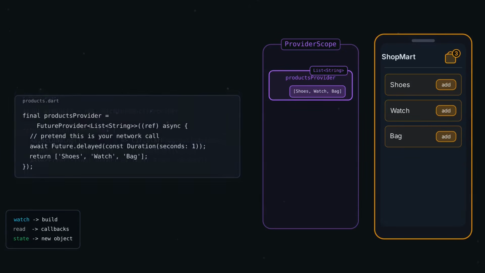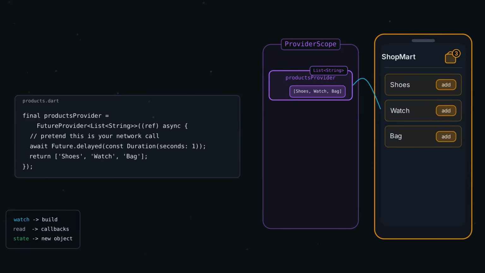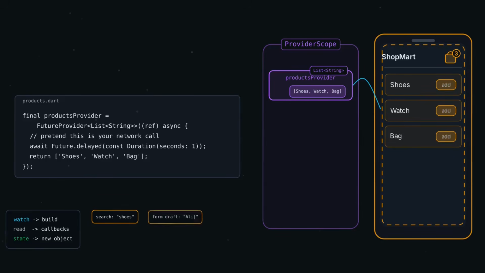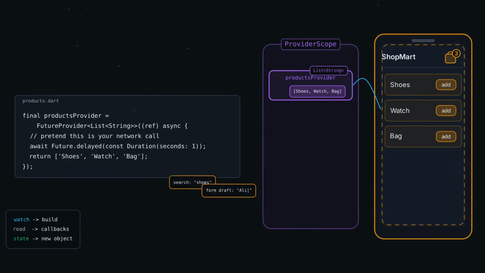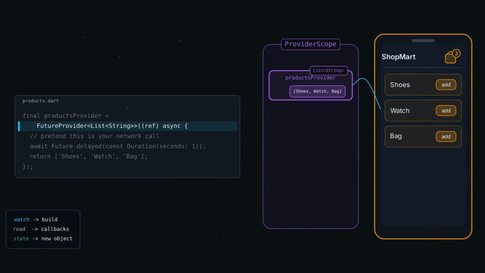Let's go one level deeper. By default, once a provider builds, its value stays in storage for the whole life of the app. Leave the screen, come back, same data, instantly, no reload. Often that is exactly what you want, but some state belongs to one screen only, a search result, a half-typed form. Keeping that alive forever is a slow leak. The fix is one word in the declaration,